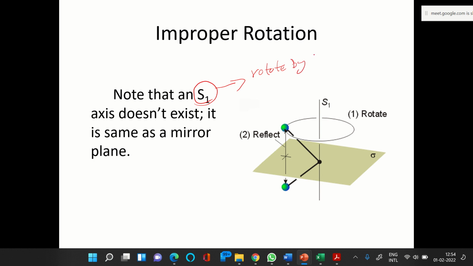S1 means 2 pi by 1, so rotate by 360 degrees, and then reflect, or vice versa, reflect through a perpendicular plane. So whatever axis you have for rotation, rotate. So what is S1? If you have a point initially over here,